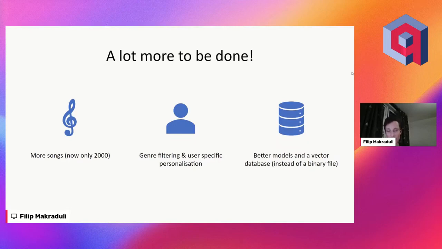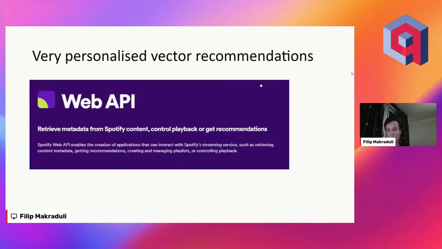And referring to the talk that Niels had, a lot of potential for better models and embeddings and embedding models. So also the contrastive learning bits or the content-aware querying could be useful too. And a vector database, because currently I'm using a binary file, but I've explored Qdrant. And as I said, with the Spotify Web API, there are a lot of things to be done with this specific user-created